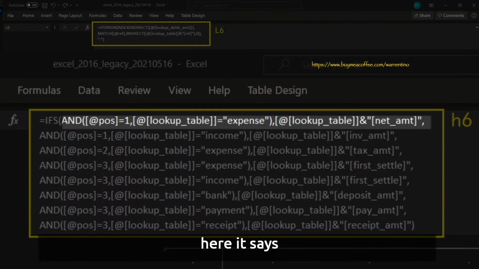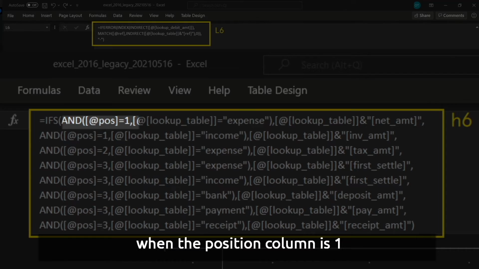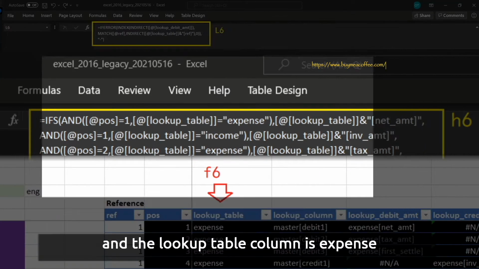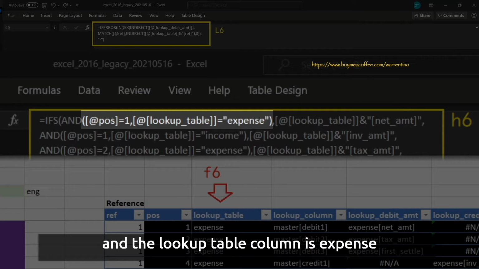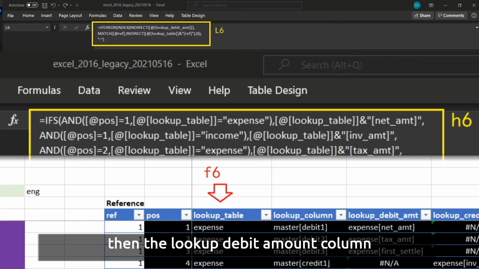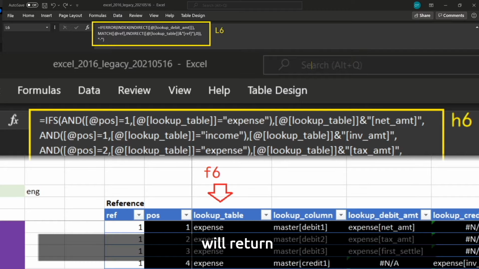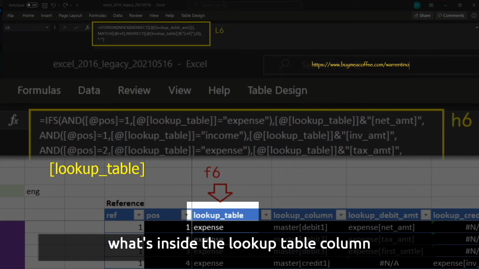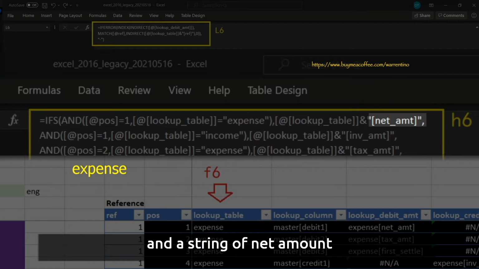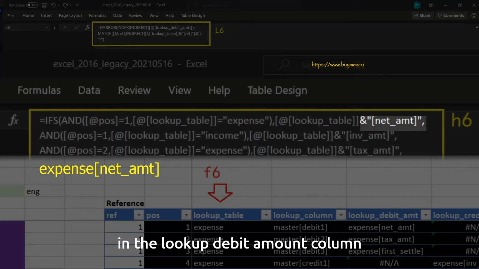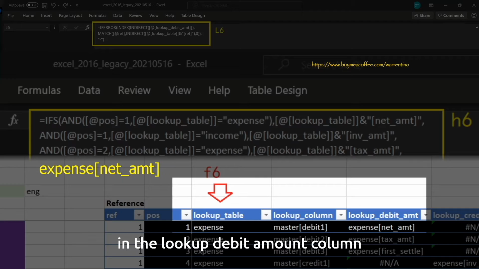Here it says when the position column is 1 and the lookup table column is expense, then the lookup debit amount column will return what's inside the lookup table column and a string of net amount. Therefore, you'll see the column name expense net amount in the lookup debit amount column.